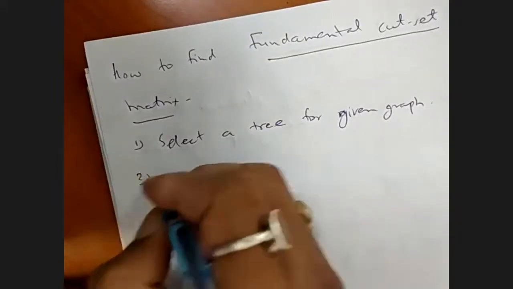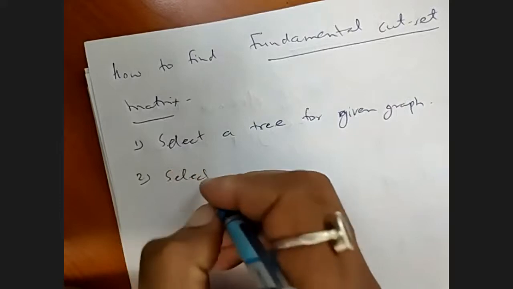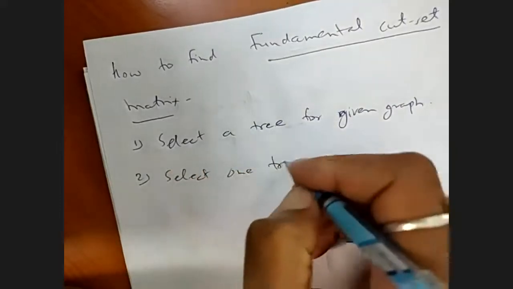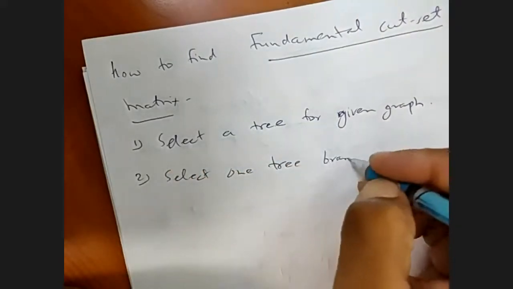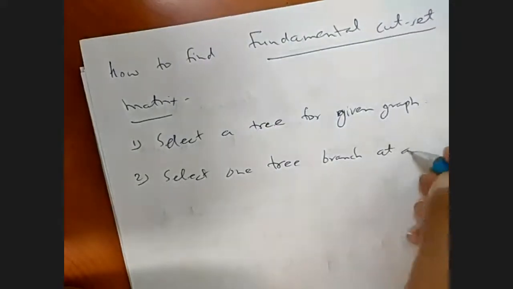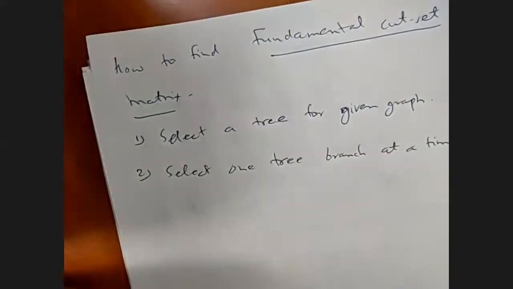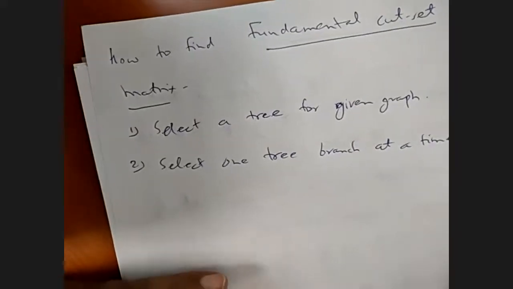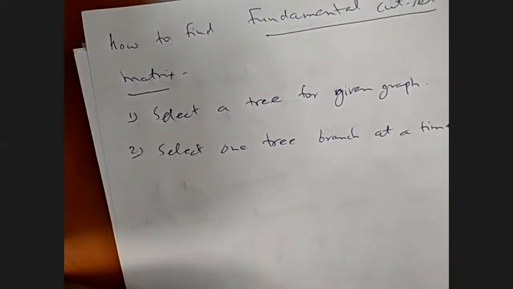Then select one tree branch at a time. We have to select one tree branch at a time. एक time पे एक ट्री ब्रांच को सेलेक्ट करना है।